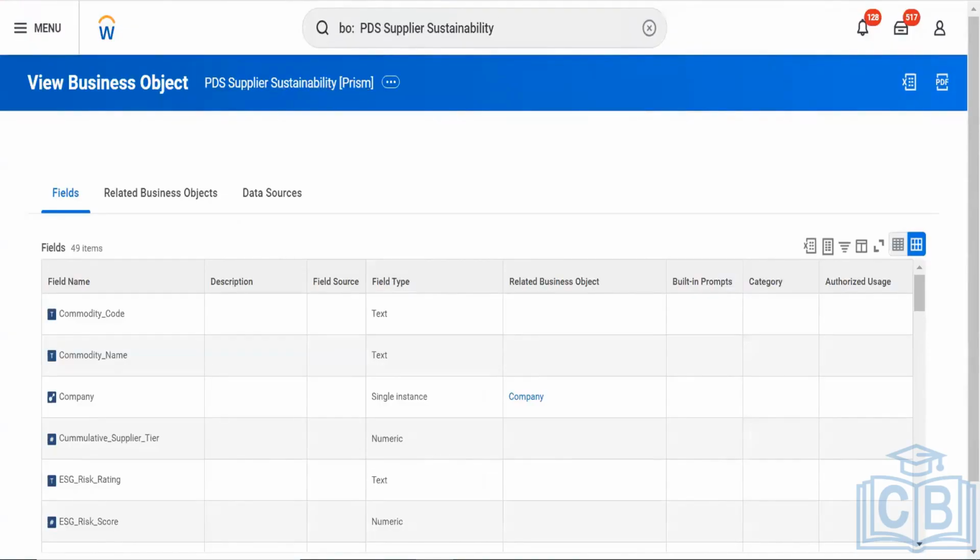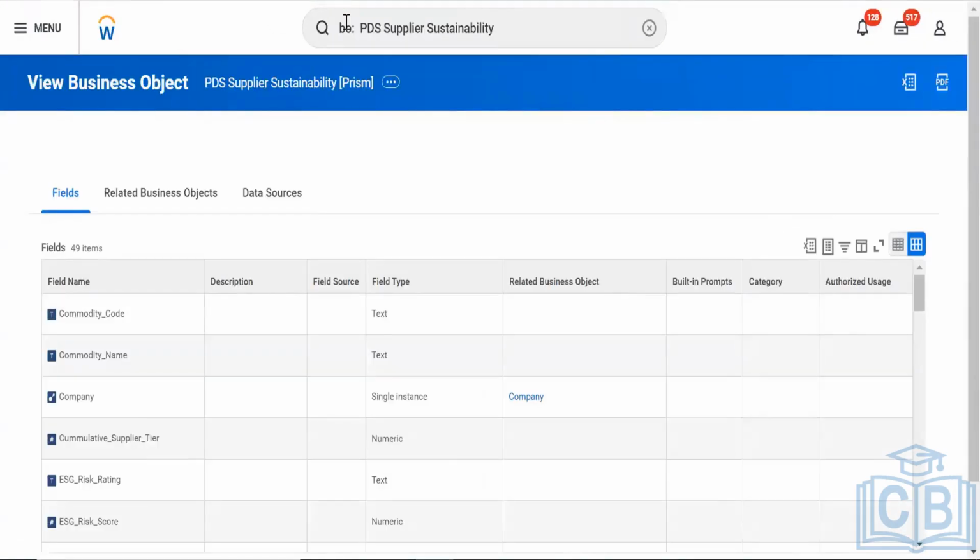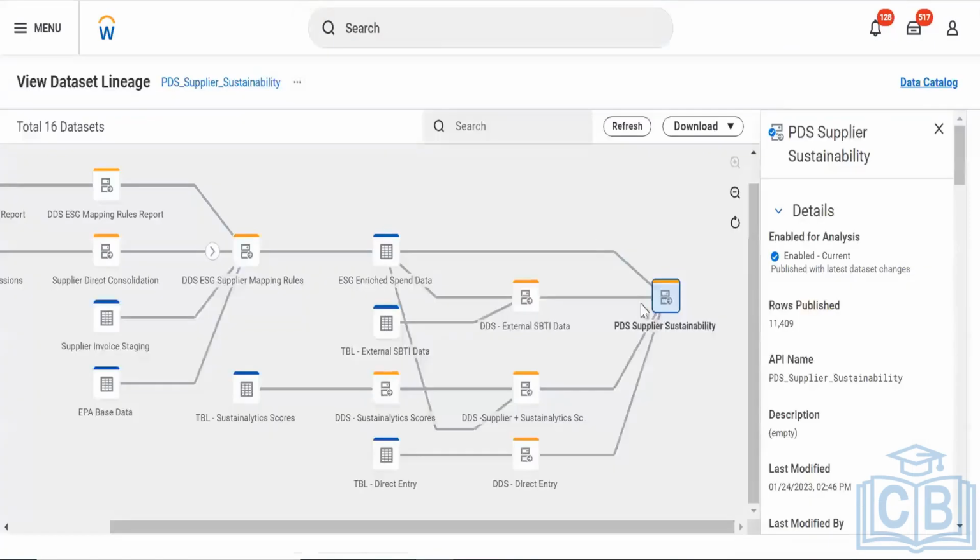Why? Because I published it. If I do the same for all these dates, I won't be able to find this DDS by searching, because a business object is always there. You remember when you created the report, there was a business object assigned to it automatically depending on the data source you selected. You get the data set which you publish.